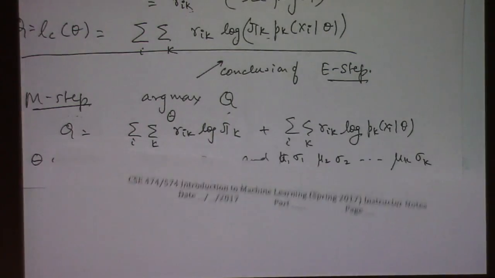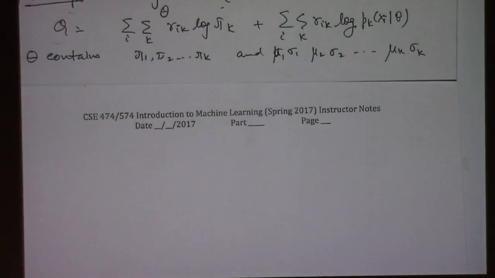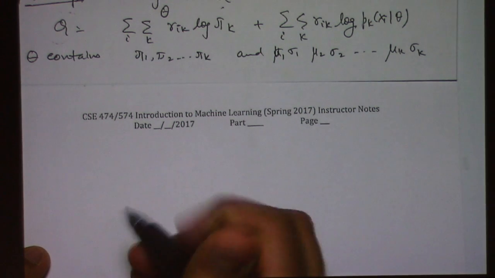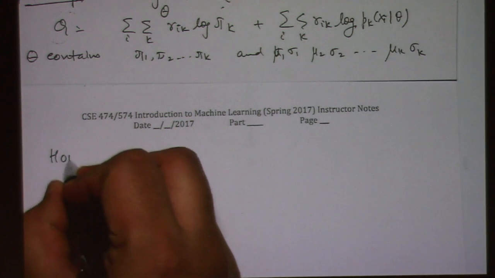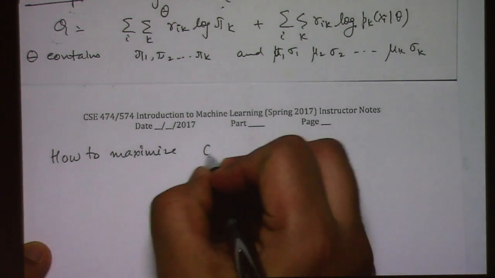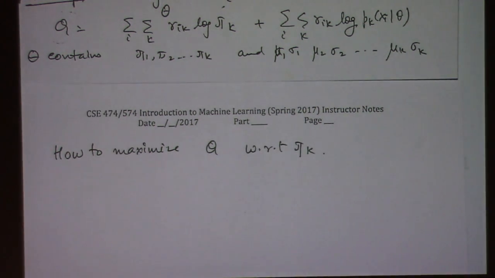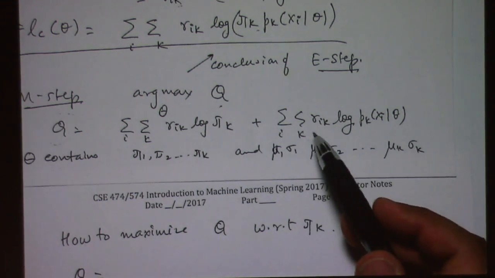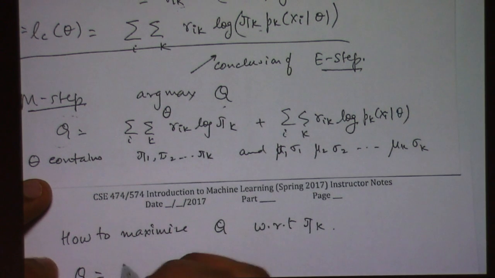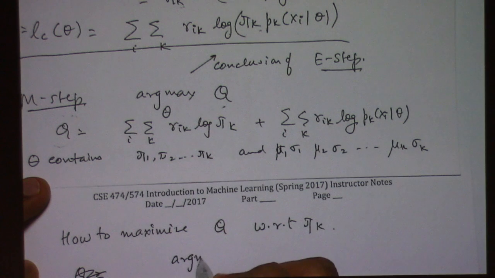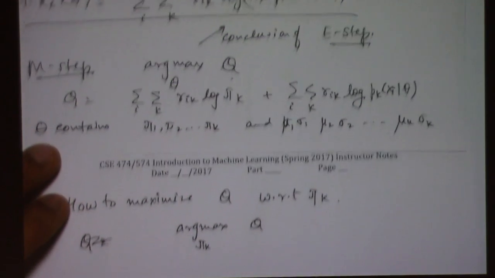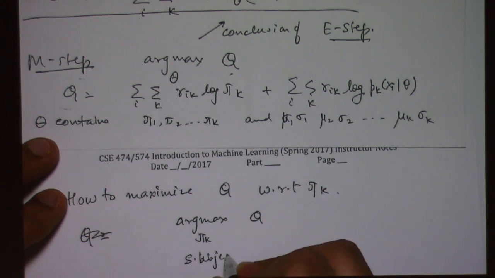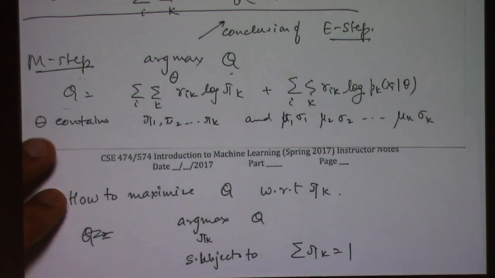So we need to figure out what theta maximizes this Q. We'll do it one by one. Let's first do it for pi_k. We can pose it as an optimization problem and then solve it, but for pi_k there is one thing we have to be careful about, which is the constraints. We need to maximize this Q with respect to pi_k. We're going to ignore the second part, which does not have any pi_k inside. All we're going to do is maximize this first quantity, and say that the optimal pi_k is the value of pi_k that maximizes this Q